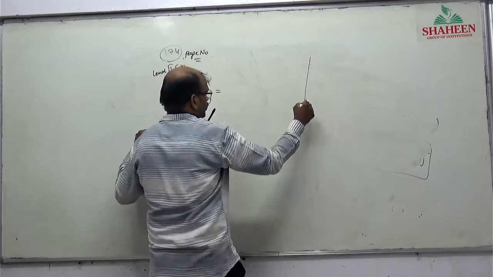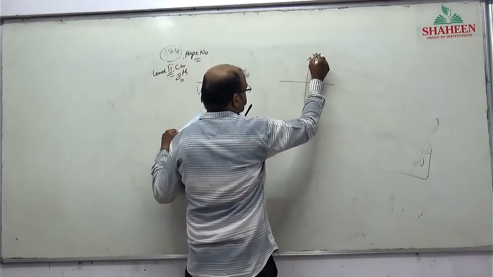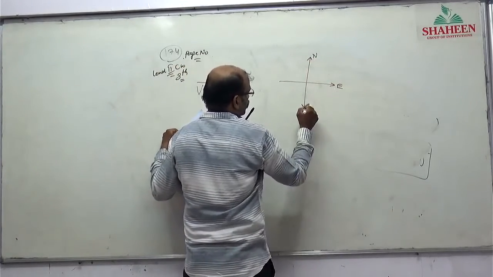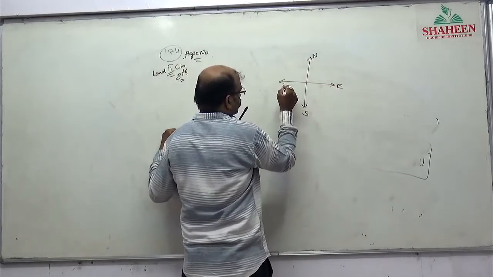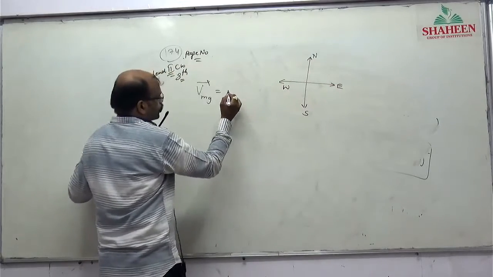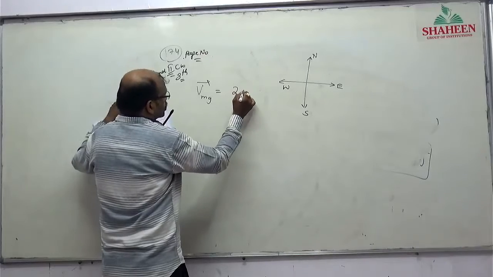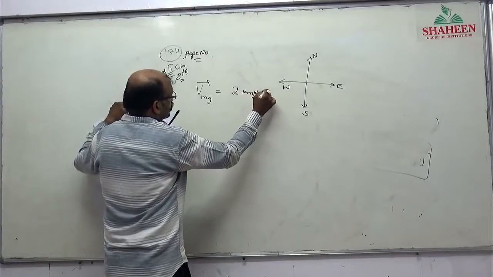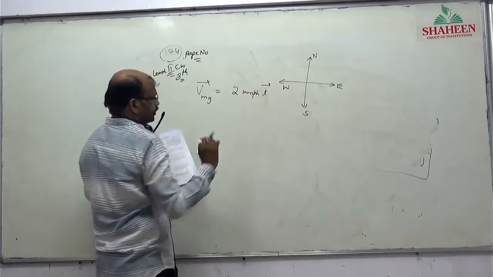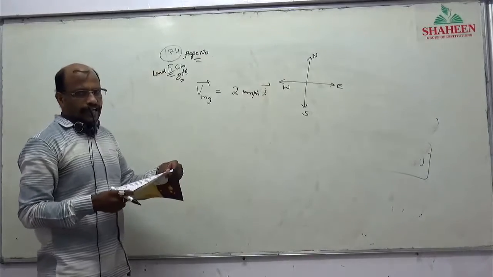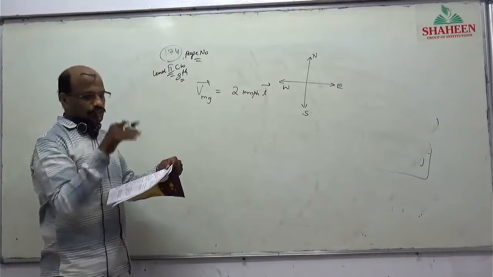ये देखिए ये नॉर्थ है, ये ईस्ट डायरेक्शन है, ये साउथ डायरेक्शन है, ये वेस्ट डायरेक्शन. The man is walking due east in this direction with a velocity of 2 kilometers per hour. So the direction is moving in this direction. The velocity of man with respect to ground is east.